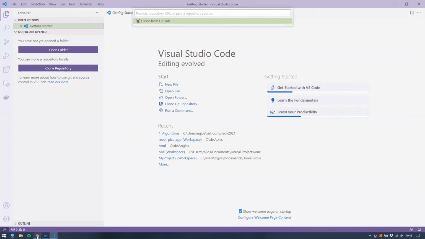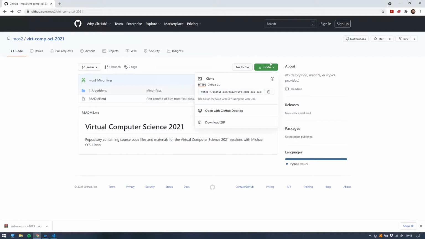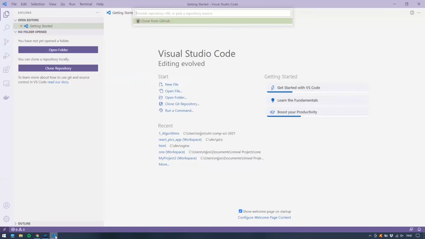So I'm going to go back to GitHub. I will share this link with you as well, but if you see here in the repository for our course, if you look in the code section, this is the link to the repository here. And I can click the little clipboard icon there to copy that link. I'll go back to Visual Studio Code and I will paste that into the box. And there it says clone from URL